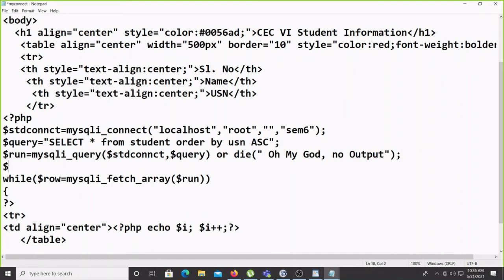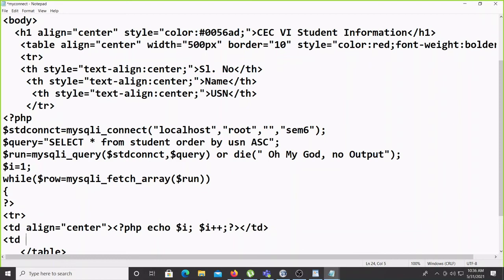So here you can write $i equal to 1 or 0, we have to write here equal to 1 only, yes, right, and close the td. Okay, so first td is done.